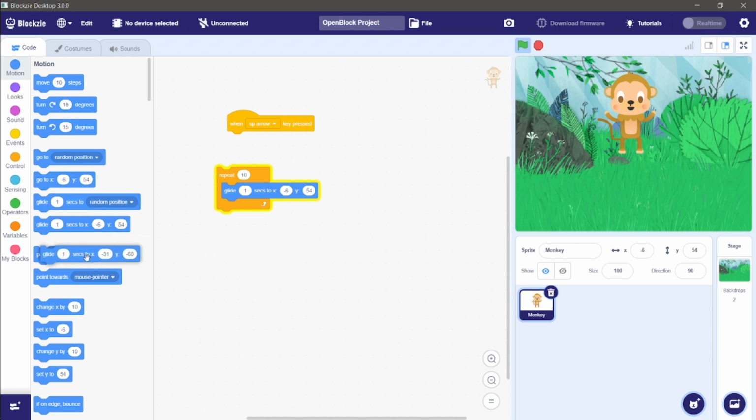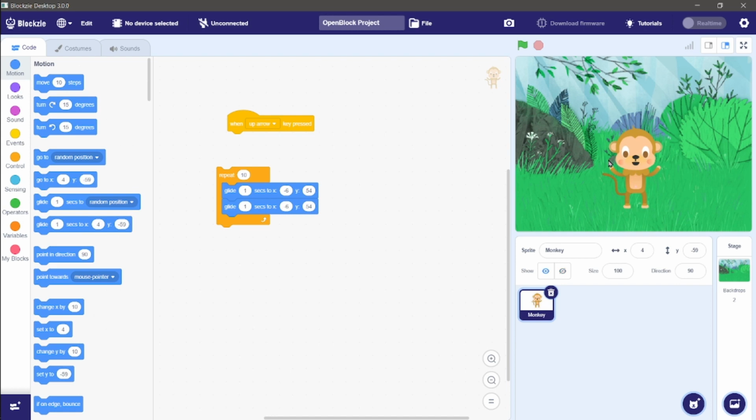So I will not need to change its coordinates of x and y, and I will use a similar glide block, just I will not change the value of x because I just want to jump the monkey, right? So in the jumping condition, the only change which will occur in this particular section is the y, right? Right now the monkey is at point y equals 54, and after jumping it will touch the ground, hence it will be minus 54,